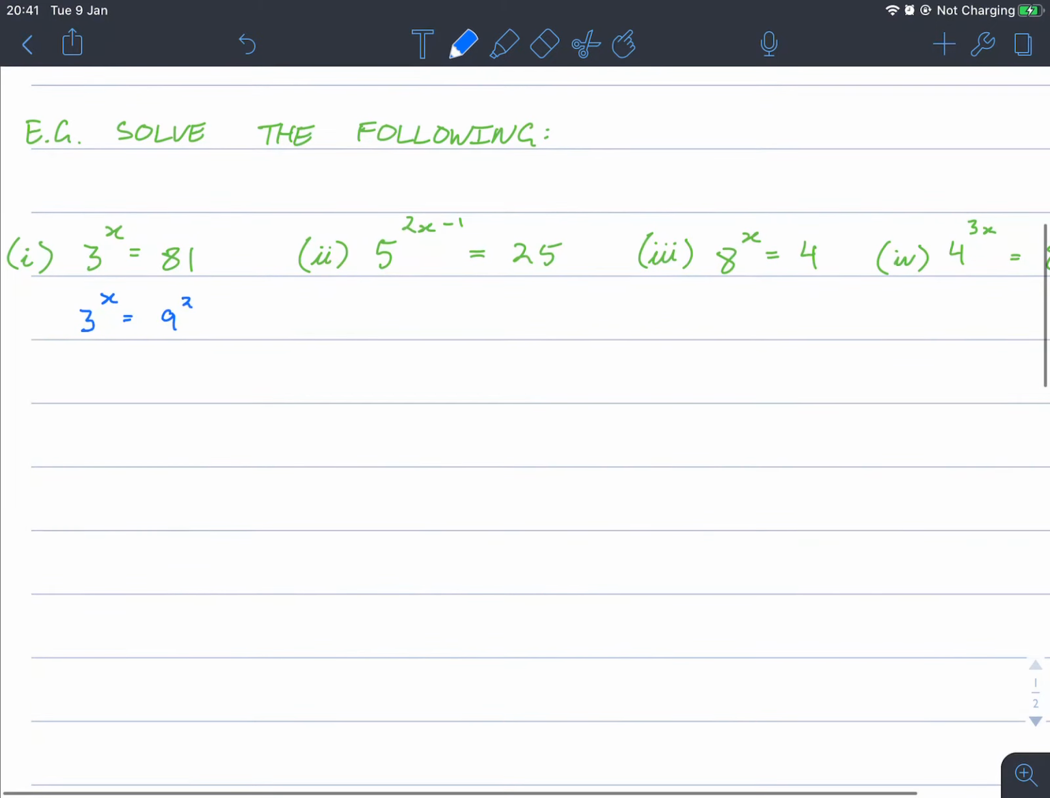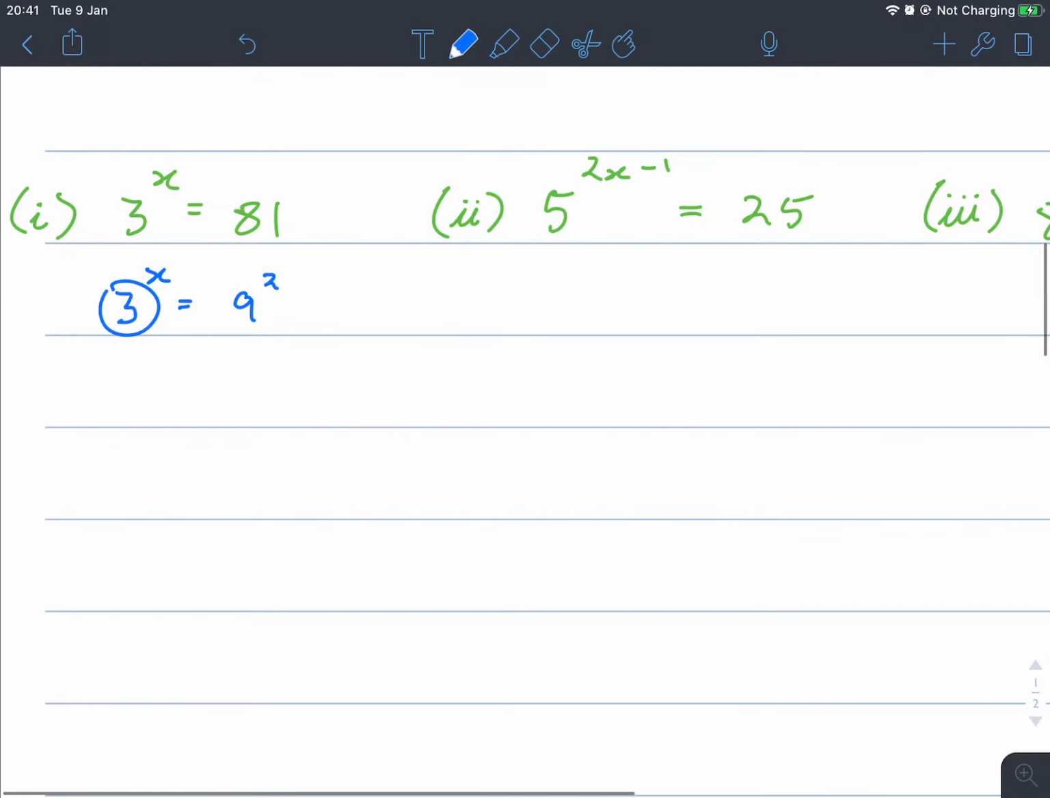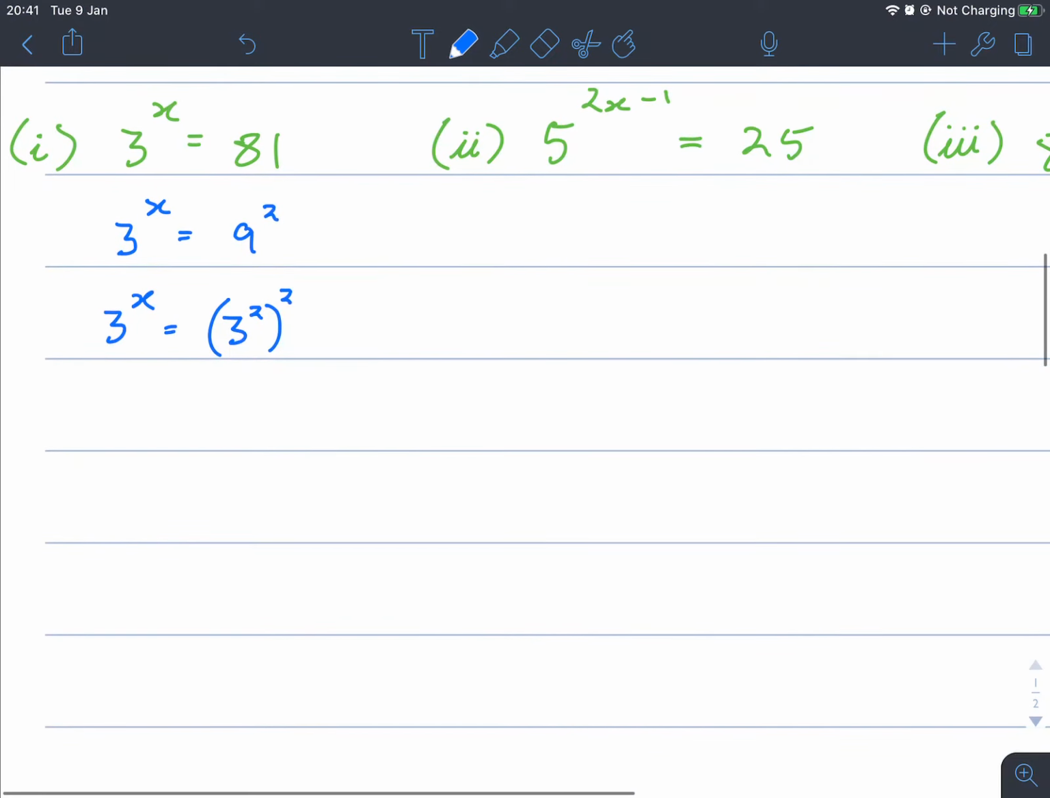Okay, we're getting closer because we're getting closer to 3 as the base. 3 to the x is equal to, and I know 9 squared, right? Sorry, 9 is 3 squared. So I replace the 9 and the square is still there from the previous one. So this becomes 3 to the x equals, using our index laws, power to the power is multiplied, so this is 3 to